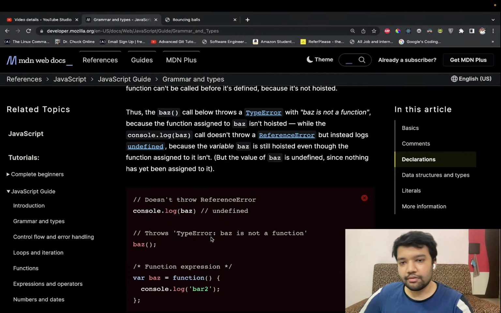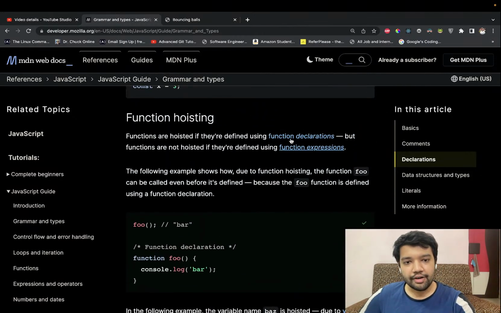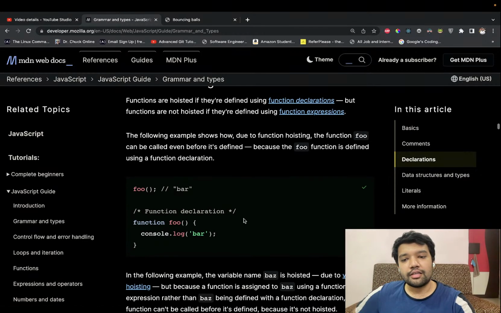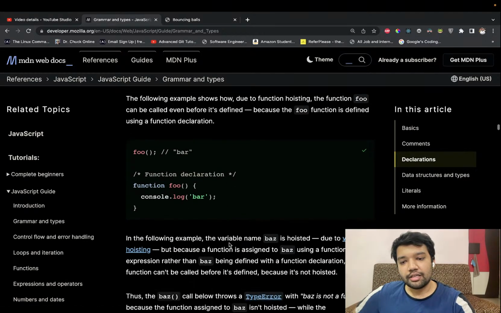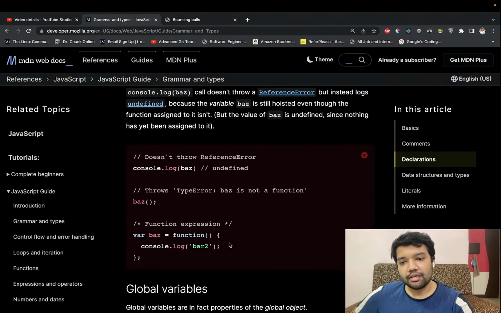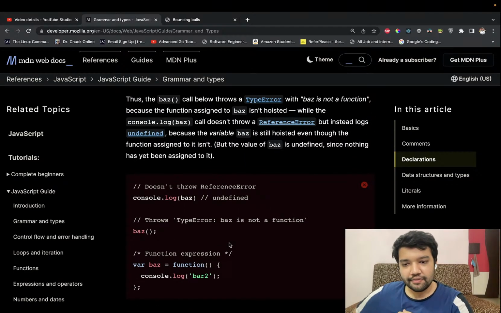So if we do a function declaration, it's hoisted, and if not, then we get a type error. It is also hoisted, but it is not initialized. So yep,